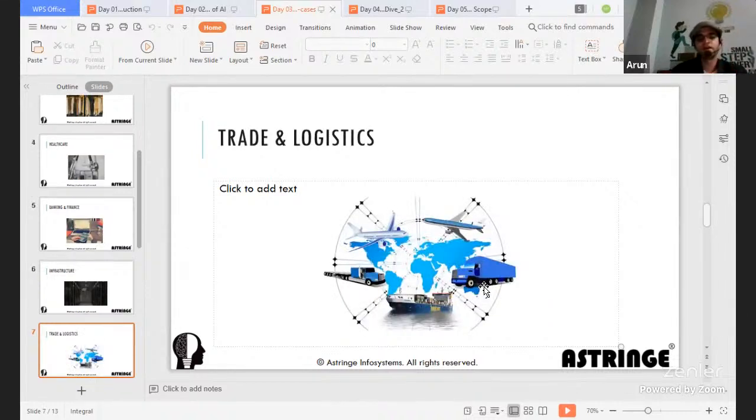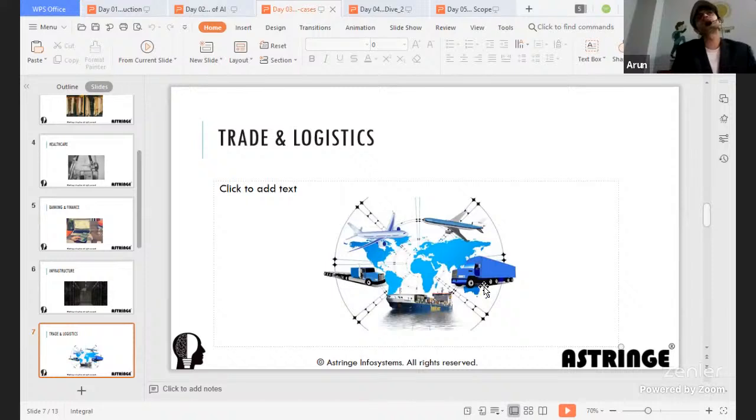In trade and logistics, AI is particularly used in the field of transportation. Why do I say transportation? Because as of today, enterprises like Amazon use AI. Amazon, particularly, it's a delivery, that's called Amazon Parcel Service or something like that. So Amazon Delivery Services, I guess. Yeah. So what they do is they actually use AI to find the optimal route from the source to the destination, and this in the long run helps the company save quite a lot of money and enhance their efficiencies, right?